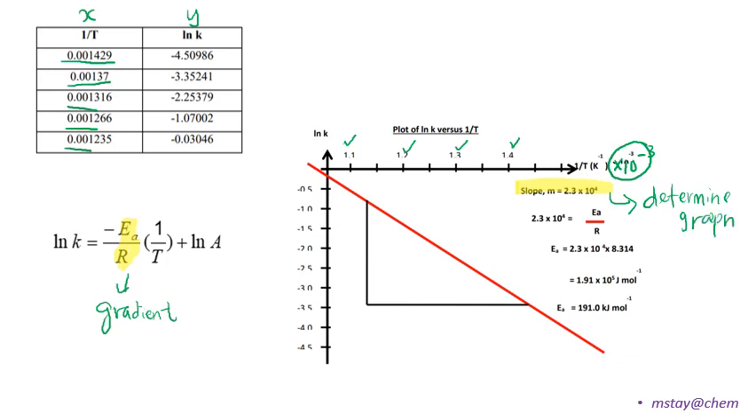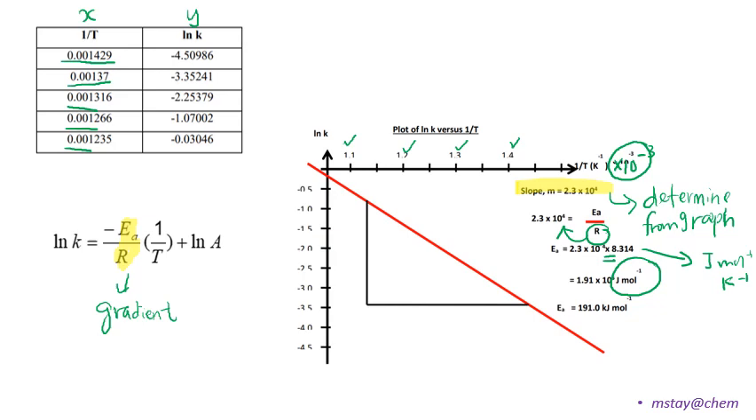Determine from graph, and then we compare with the EA over R. So R moves to here, the relationship will become multiplied, and then the EA value is in joule per mole, because the 8.314 is joule per mole per Kelvin. But when we give the answer